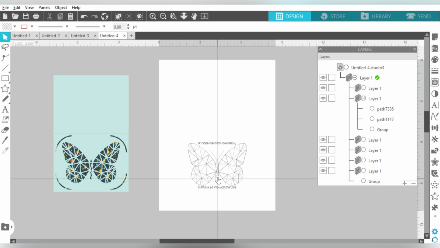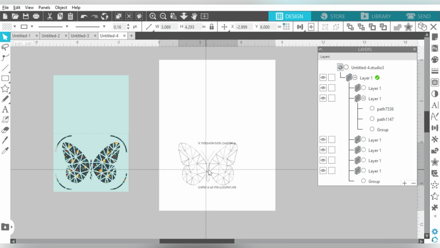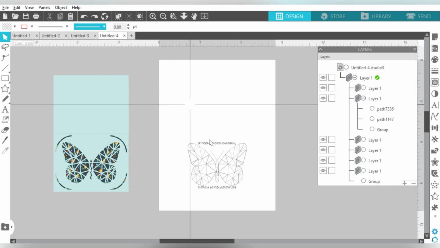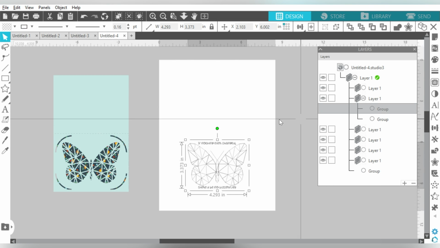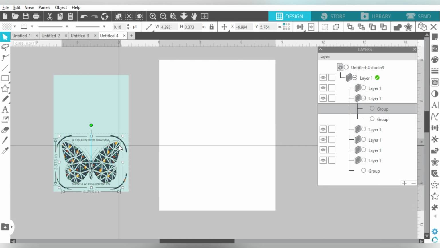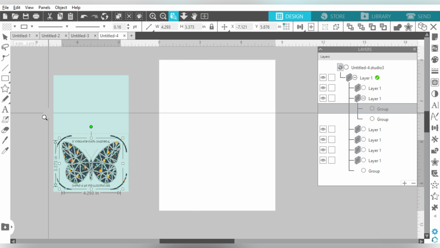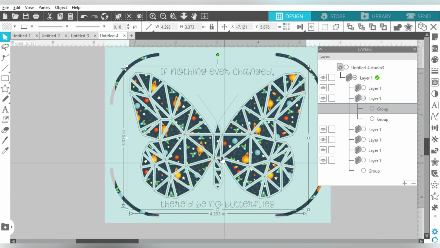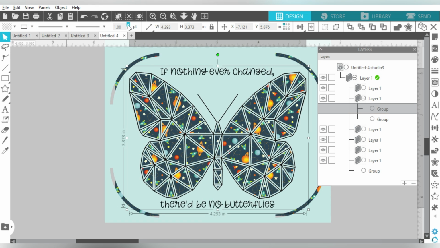Just really love it. And then on your card, these black lines are for sketch pens. So I'm going to go and group them together. But the sketch pen design will overlay. Let's just zoom in so you can see. It'll overlay your cut area. And I'm just going to thicken this up so that you can see. It comes out really cool. And of course, I'll show you the finished copy from the card creator whenever we get done. It's a really, really pretty card.